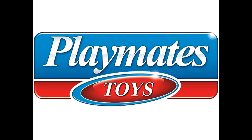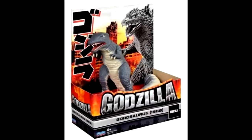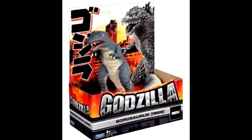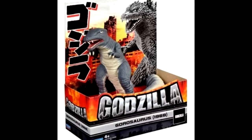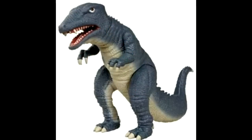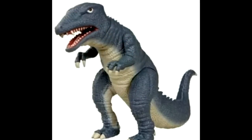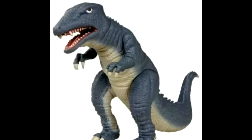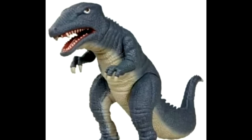who have been releasing a Godzilla line for quite a few months now, are going to be releasing a Gorosaurus, and we can see him here in these images, and I was always growing up such a huge fan of Gorosaurus just because of the obvious very dinosaur-like look of him. He looks almost like the last dinosaur Tyrannosaurus, and I always really liked that movie, and of course always liked Gorosaurus from the Godzilla films, so the fact that this is releasing was just unbelievably exciting to me, and it's